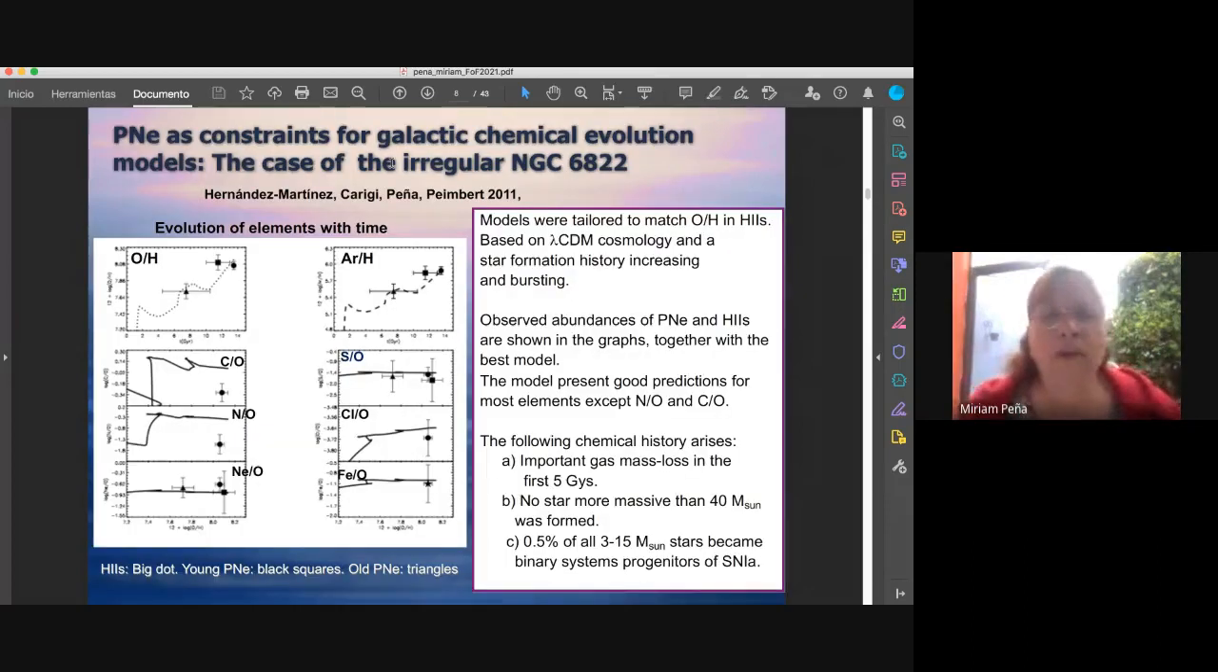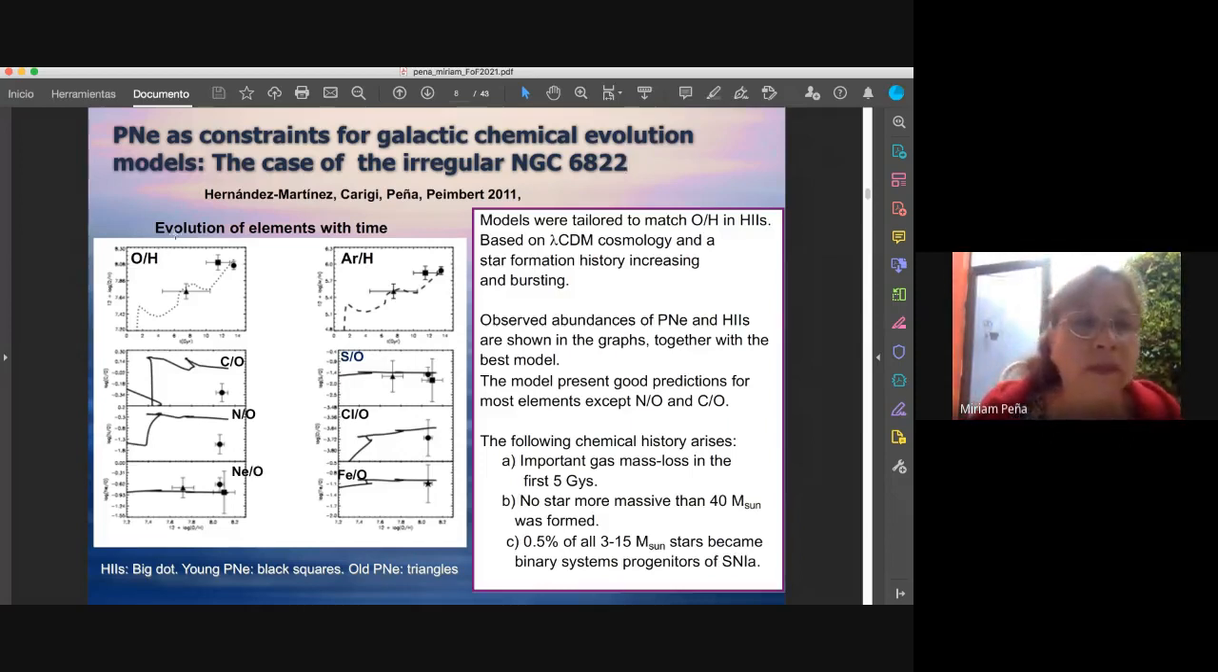I'm going to present a work that we performed some years ago, Hernandez Martinez et al., 2011, where we used planetary nebulae as constraints for galactic chemical evolution models in the case of the irregular galaxy NGC 6822. Here we measured the elements of planetary nebulae and H II regions. H II regions are presented by this big dot. And planetary nebulae, we have two values here for all planetary